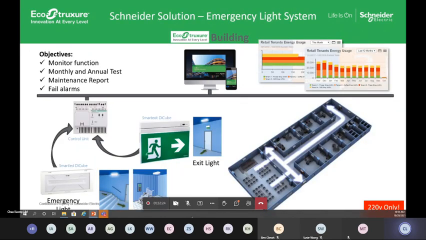Okay, and also we talk about emergency lighting. In any hospital, emergency lighting is very, very important. In a shopping center, if the emergency lighting is not working, people will find their way out because they are healthy. In a hospital, you have sick people who cannot even fend for themselves. So if you do not have proper lighting or proper guidance for the caregivers to be able to move the patient out in a safe manner, you are actually putting people's lives at stake.